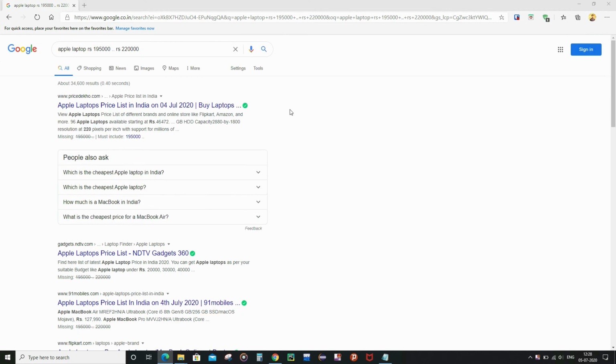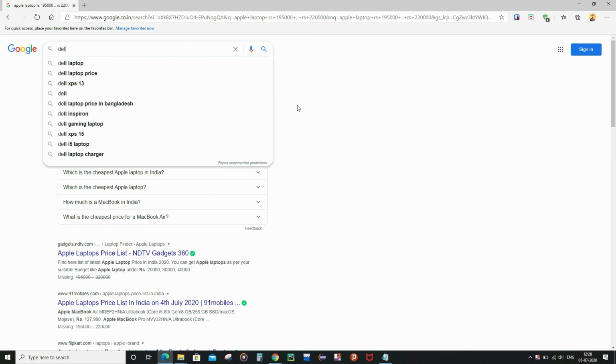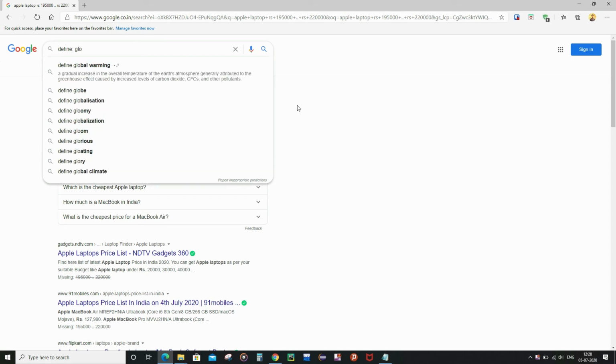And now let's move on to our next important trick. Suppose you want to learn more about a special topic in the context of a special attribute or characteristic about that topic. For that you can use the commonly used defining keywords or characteristics about the topic. For example, let me show you an example. If you want the definition for a special keyword, then you can write define followed by colon and then write the keyword.